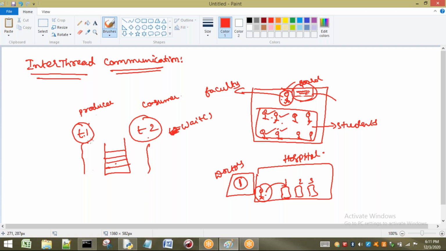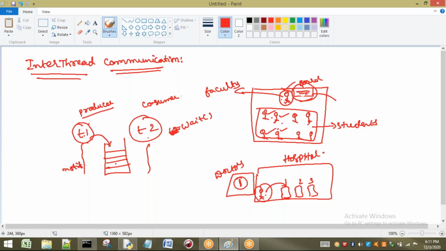Now, first T1 has to insert here, so that after producing the data, the producer has to tell, okay, now you can consume the data. That means the producer has to produce the data, and after producing the data, the producer has to tell that you can consume the data, or some notification has to be given.